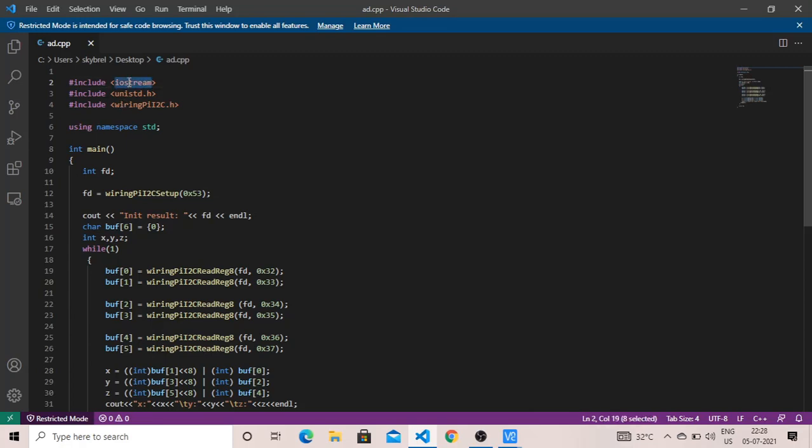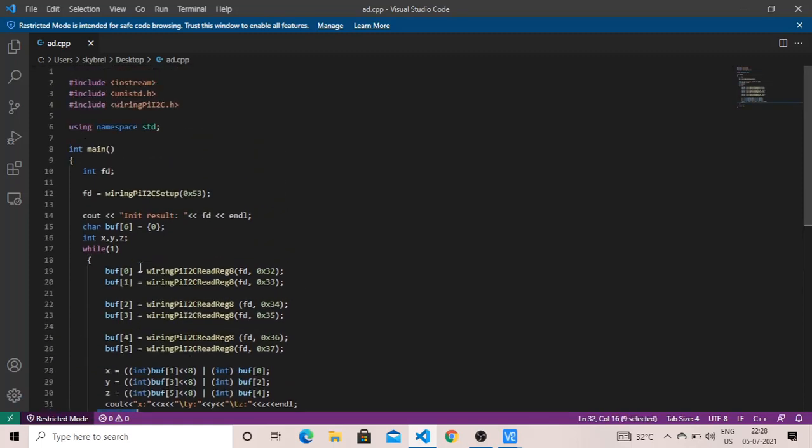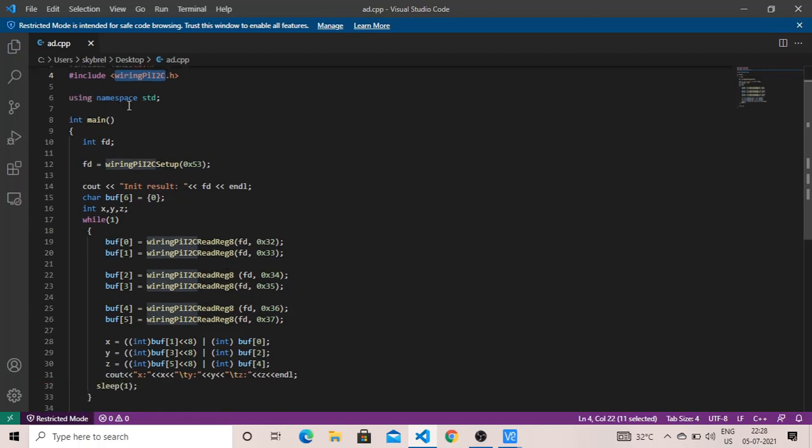First one is used for input and output purposes, to get the input from the user and print a specific value or any kind of string. Second is used to give the time delay. And the third one is used for our I2C communication protocol.